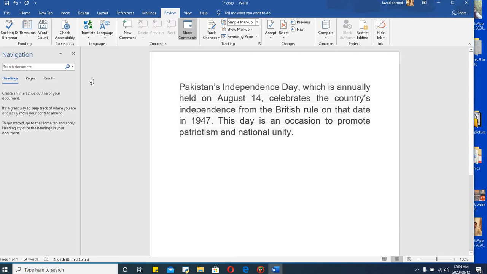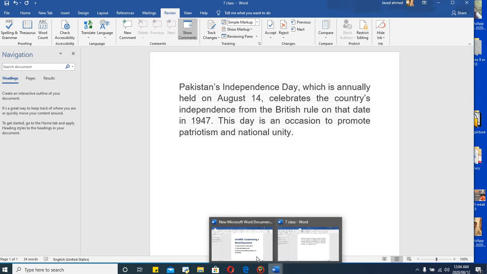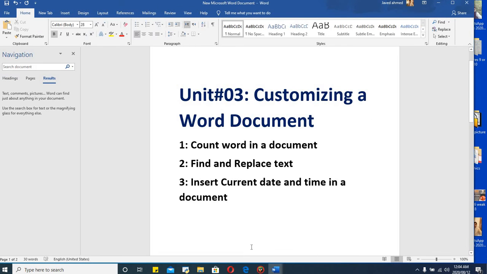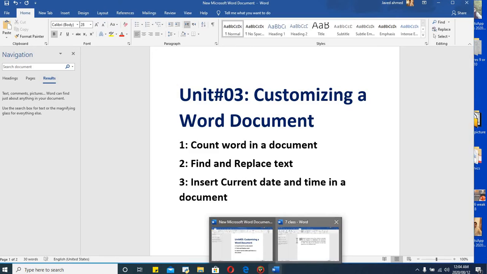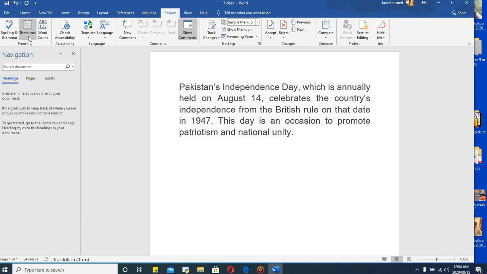Close this. Now apply the second feature, find and replace text. Click the Home tab, and at the last is Find and Replace text.